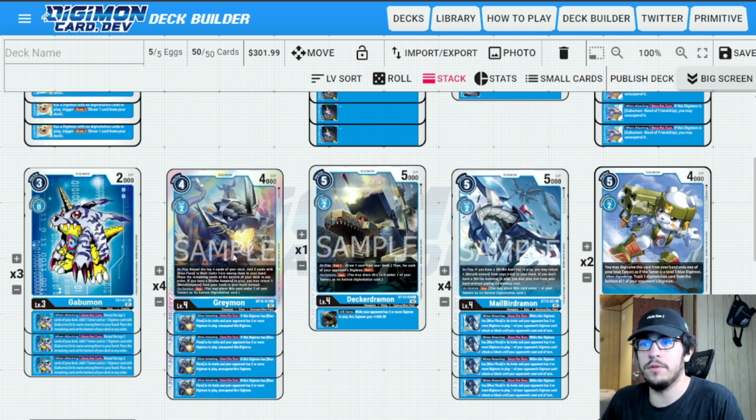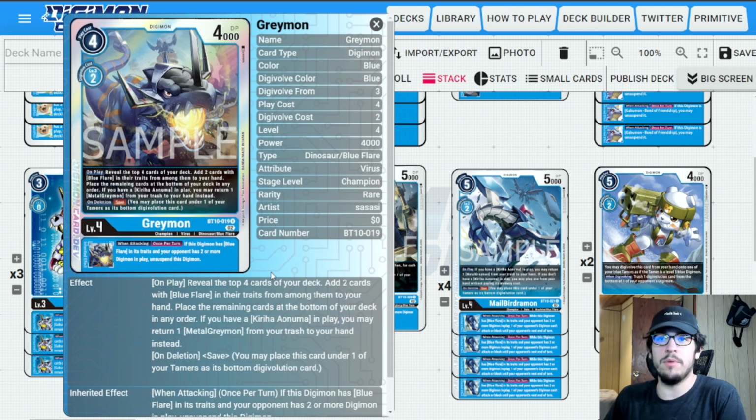Now, getting on into the champions, we, of course, are going to have our Blue Flare champion. So starting off with Greymon. We need this for the Metal Greymon Digicross, and then also on play, you can reveal the top 4, add 2 cards of Blue Flare in their traits, and then if you have the Blue Flare Tamer in play, you can add a Metal Greymon from your trash to your hand instead,